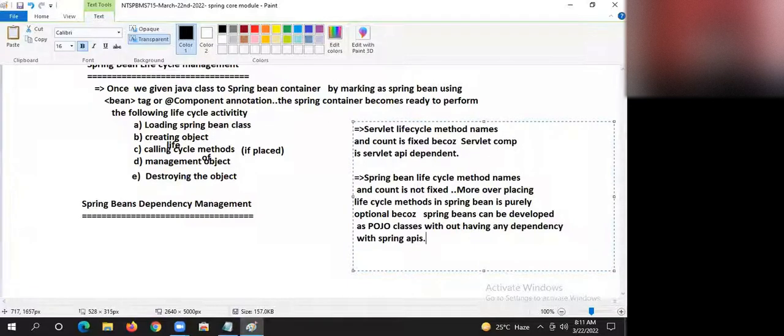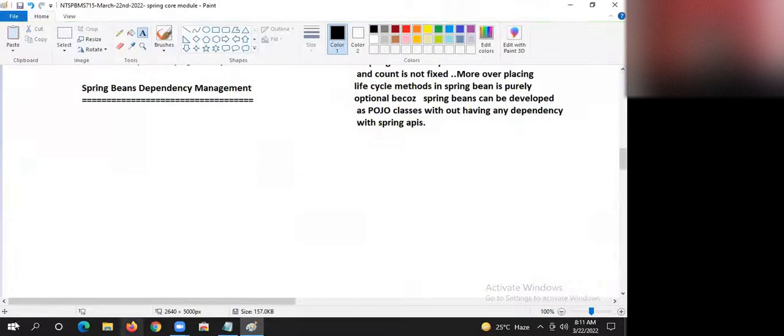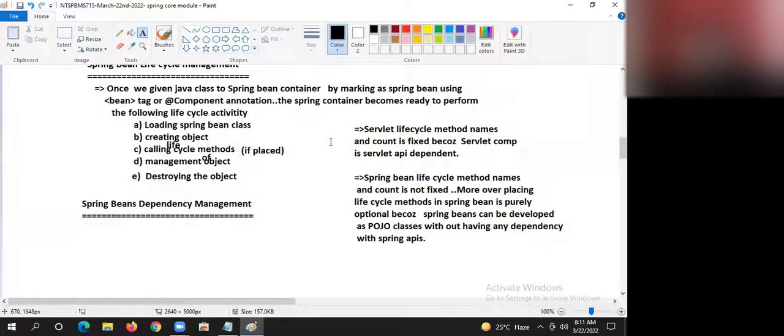I hope you are understanding my statement, guys. At least the people who know the Servlet lifecycle, they got the clarity. I'll talk more on it.